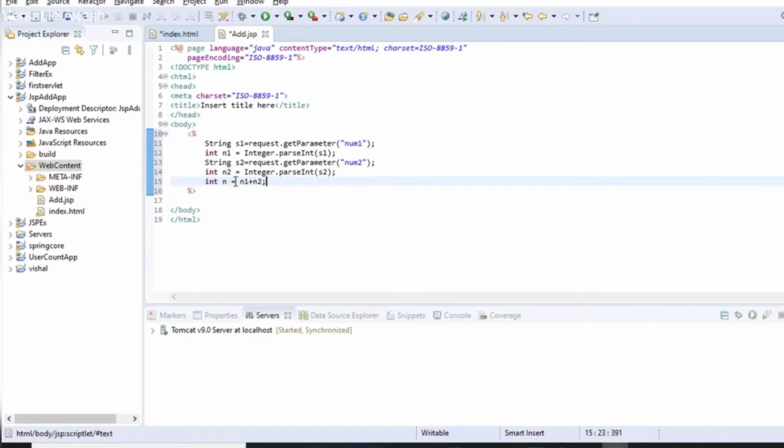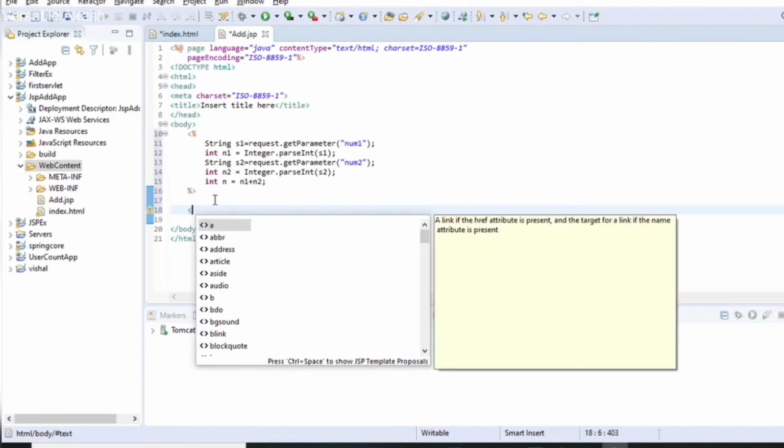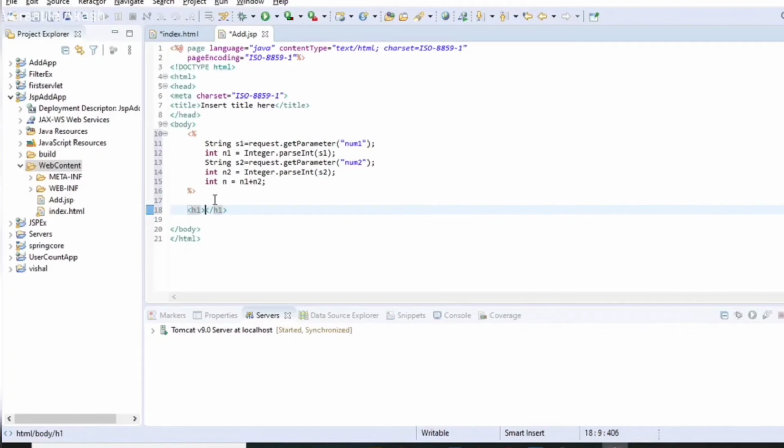So now we have to print these values as output that the user will get from the server. So now we have to write code for the output that will be visible to the user who made the request. So first, a heading. Write a heading that will be visible to the user: My add app, in center. So use the center tag.